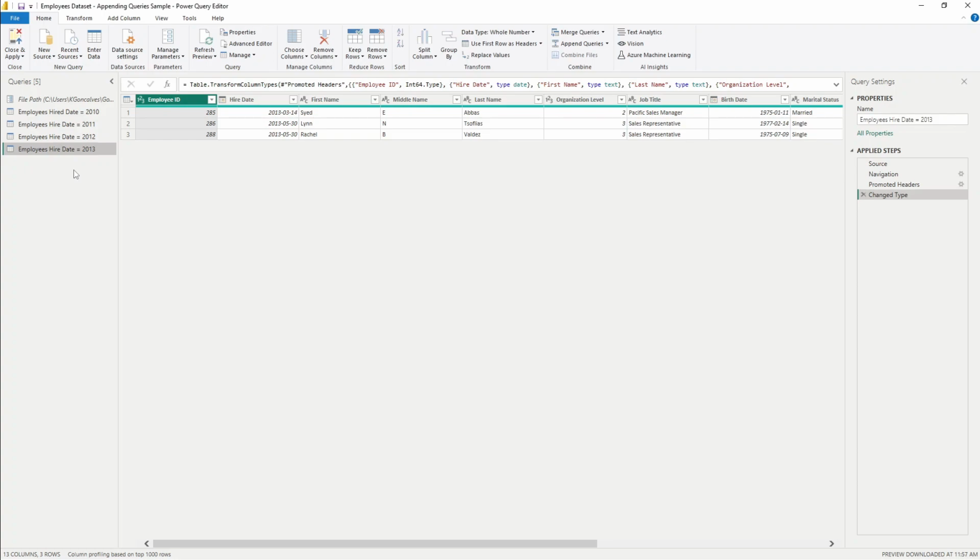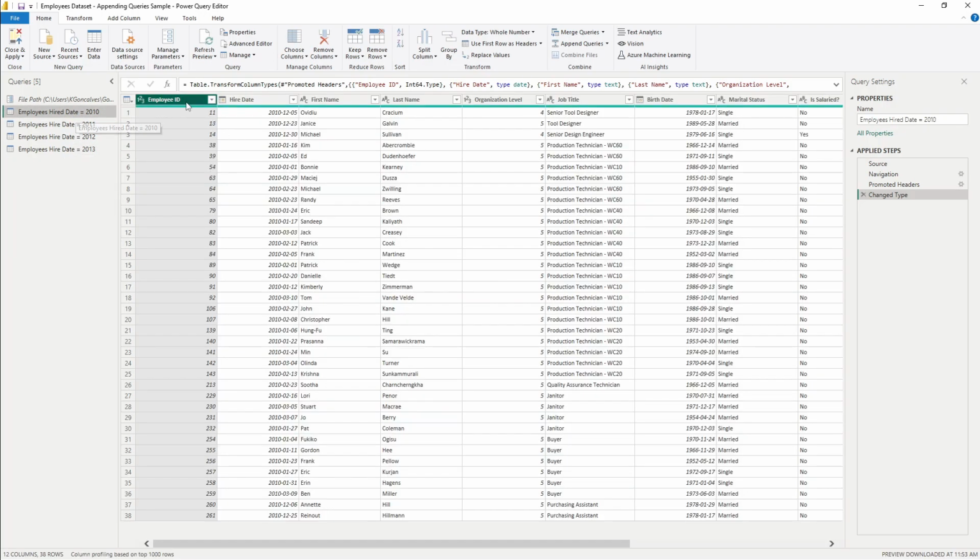So in order for us to do some analysis on this data, we want to append these tables together. So that means we want to stack them on top of each other. And in order for this to work properly inside of Power Query, we need the column names to be exactly the same. So in all of our queries here, all of these columns need to correspond with the exact same